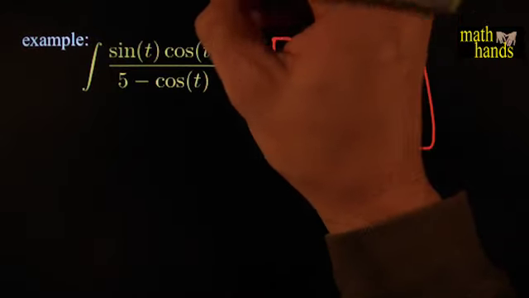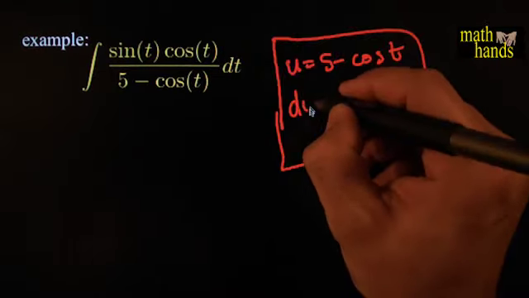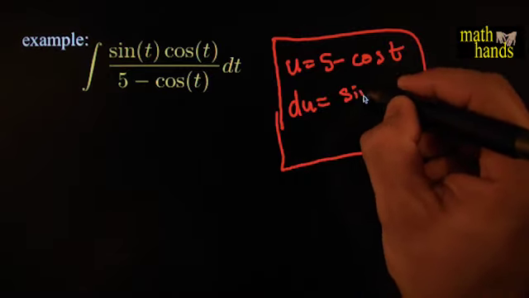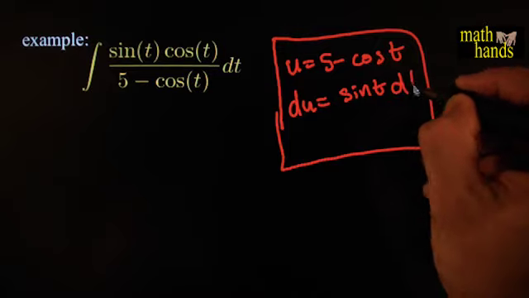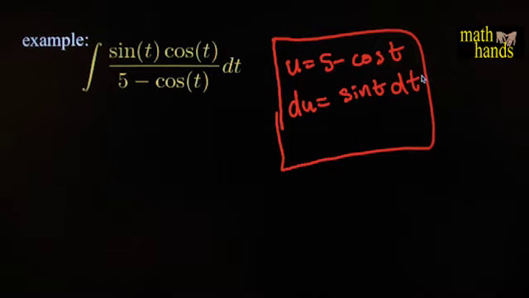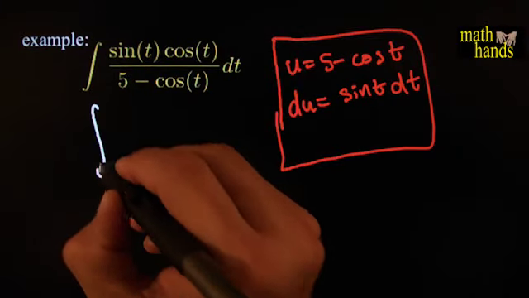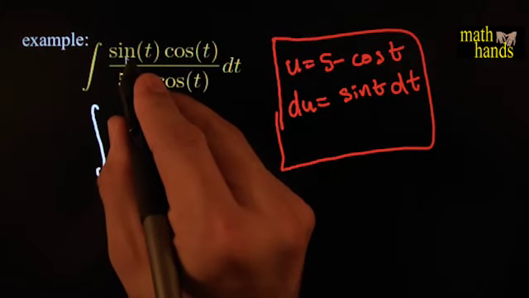Yeah, how does that sound? If that's the case, then what would that force du to be? The derivative of cosine is negative sine, but I've got another negative there, so it would be just sine t dt. And now, what do we have? This becomes the integral of, let me think, sine,